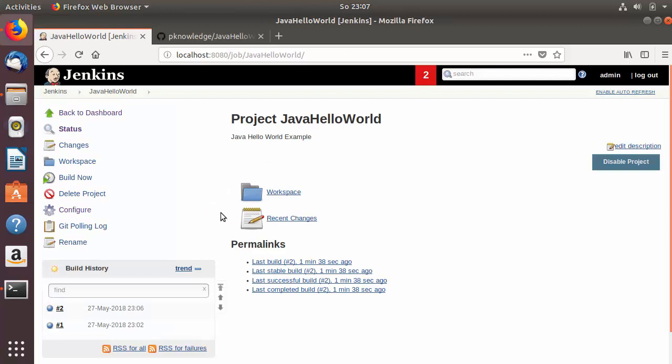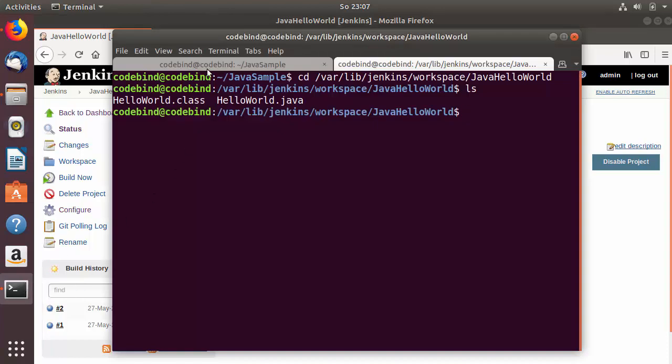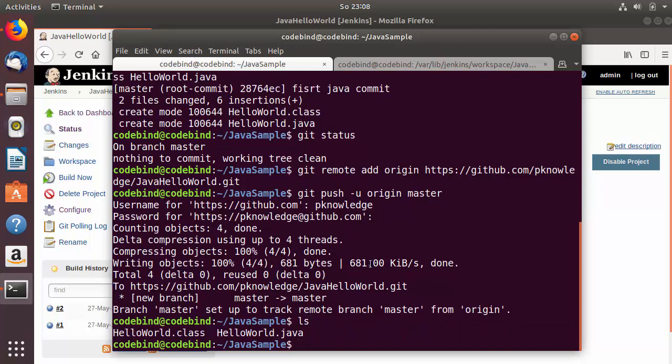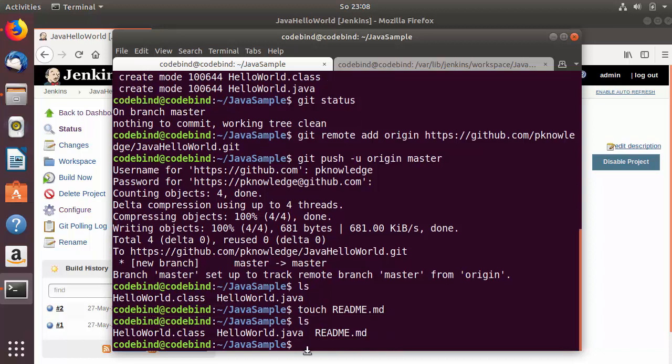So to trigger this job now, what we need to do is some changes to our GitHub using Git. So in this project, in my Java samples project where I have committed my Java hello world files using Git, I'm going to do ls once again, and you can see there is no readme in my repository. So I'm going to add a readme file into my repository. To do that, I'm going to use the touch command. So just write touch readme.md, which is the readme file name, and then press enter and do ls, and you can see this readme.md